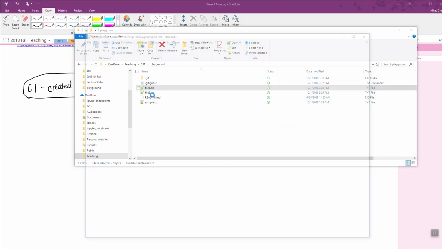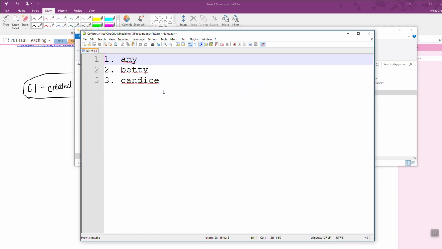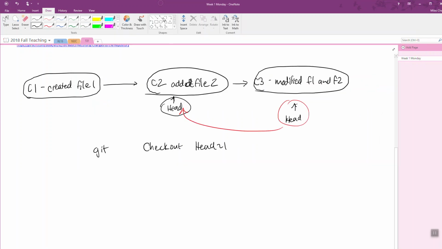Okay, so it shows file 1 before we added dog, and it shows file 2 with Betty's name still in there. Okay, and so from here we can maybe want to create a branch, okay, where we're going to keep the name Betty or something, and bring that back in, and